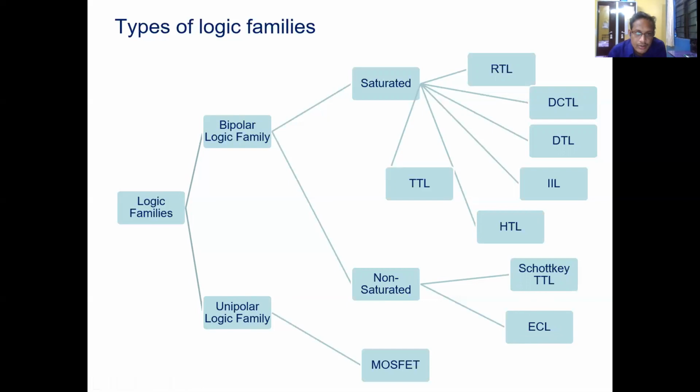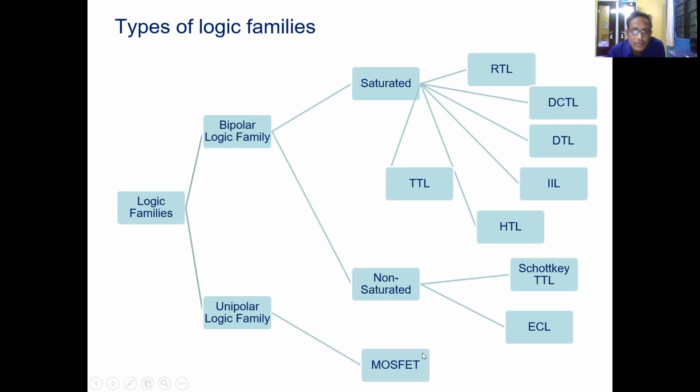Okay, so the first part of this unipolar logic family is nothing but the NMOS. That is called an NMOS transistor, then a PMOS transistor. A combination of your NMOS and PMOS is nothing but the CMOS. So the combination of your NMOS and PMOS that can be obtained is called the CMOS. And CMOS is nothing but a complementary metal oxide semiconductor.